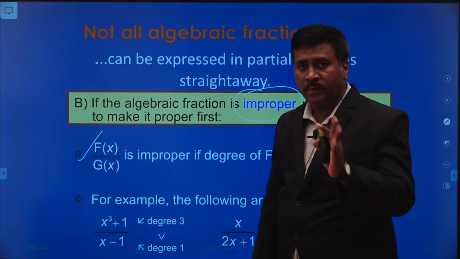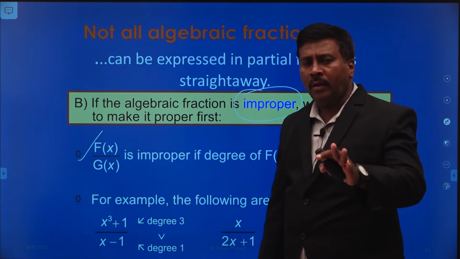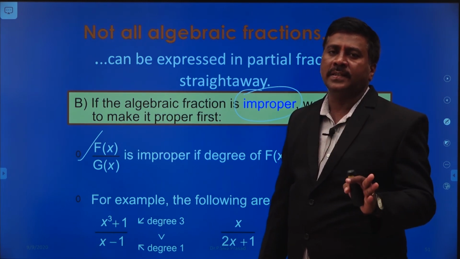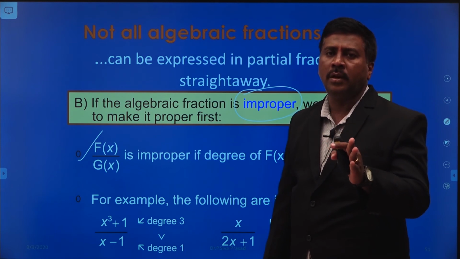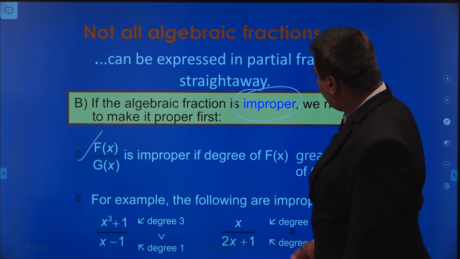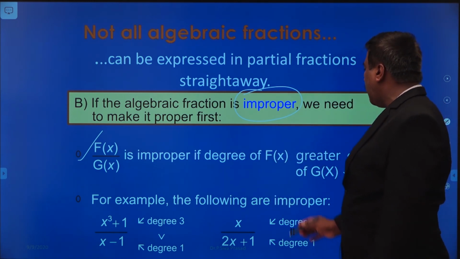That is why I am saying so many times, if a fraction is given, you have to identify which type of fraction this is. Either it is a proper fraction or an improper fraction. That is better for you. Okay, so it is an improper fraction if the degree of f of x is greater than